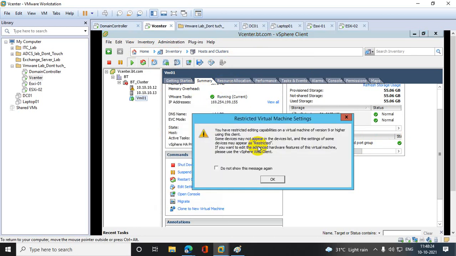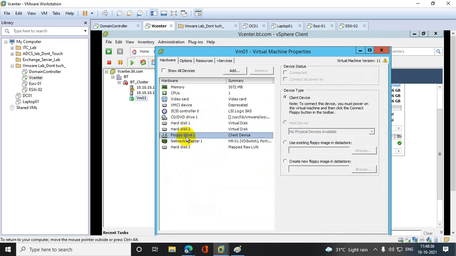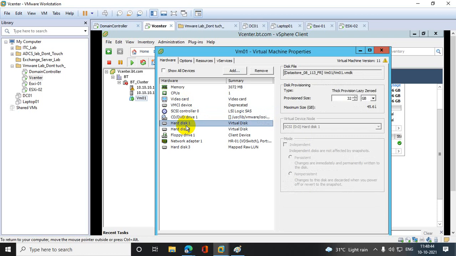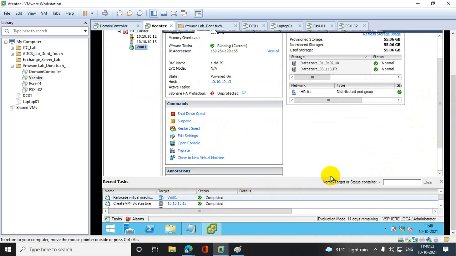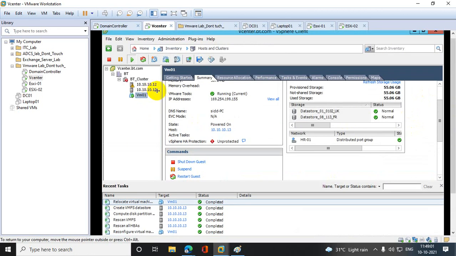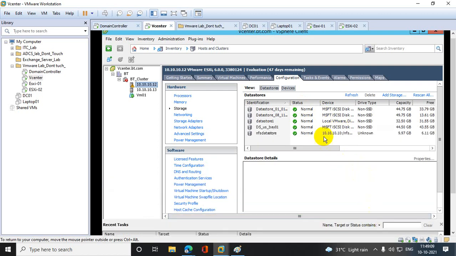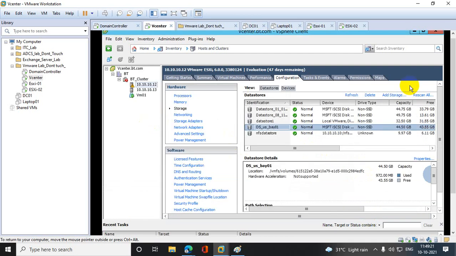If I go to edit settings, datastore, let's browse the datastore. No, the machine did not come here. Got it? The machine did not come here.